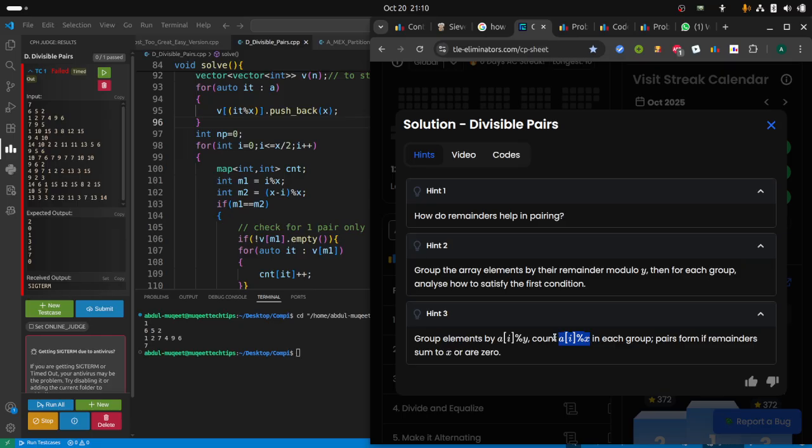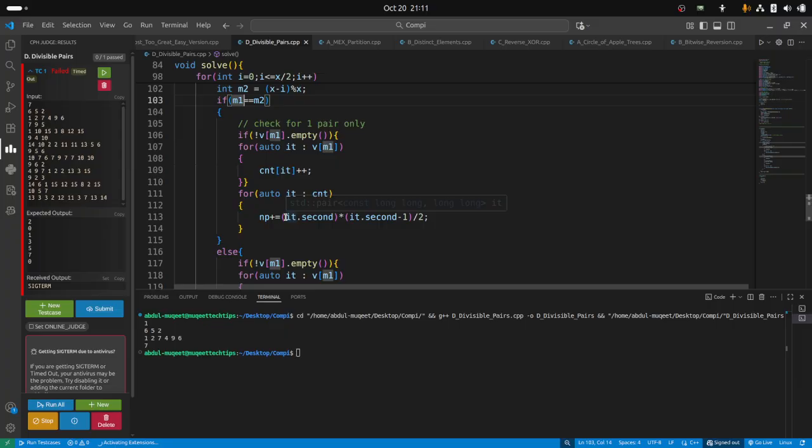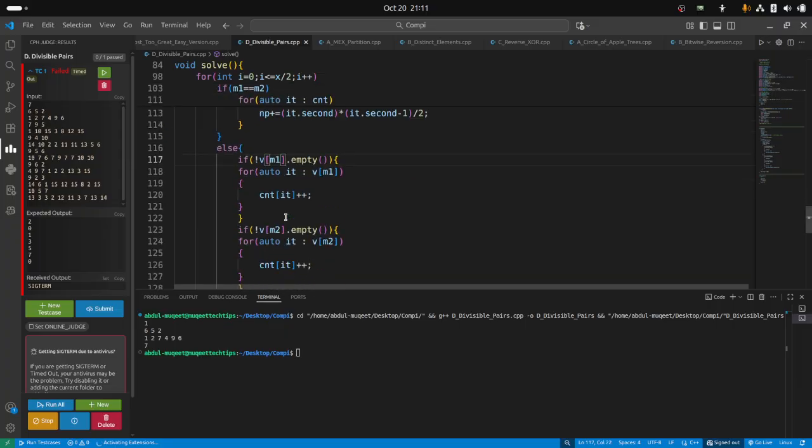Pairs form with remainders that sum to x or are 0. I think that was what I did. First I took a modulo x in each group. Then I have the group, then a_i modulo y in each group. Pairs form with remainders that sum to x or are 0. Yes, that is what I have done. So remainder 0 is one case. And if it forms a sum,